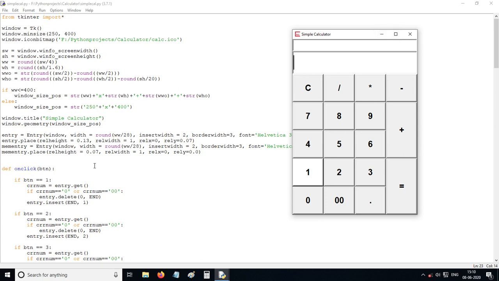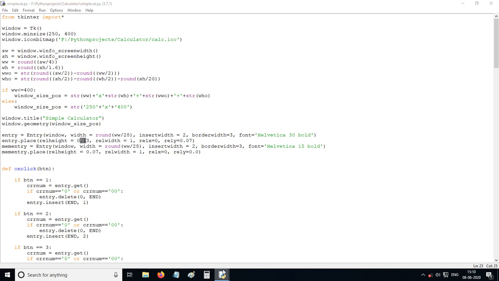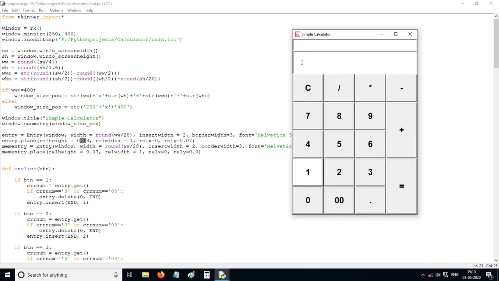Sorry, I'm explaining this one. The height is 0.13, the width is 1, and relative x is 0, so it starts at position x equals 0.